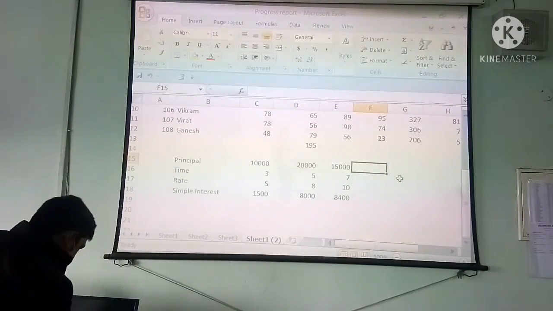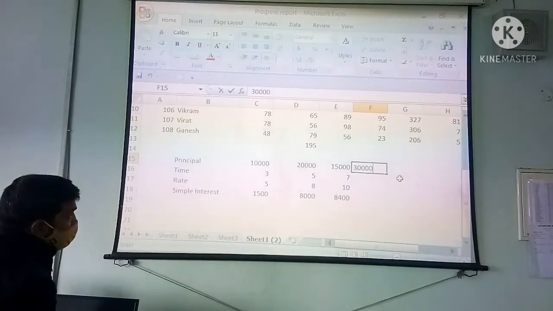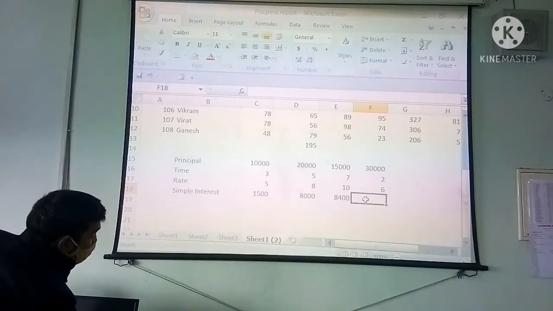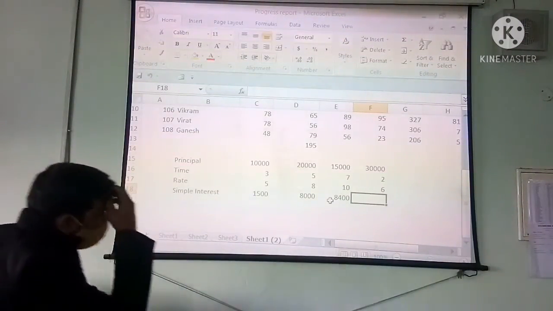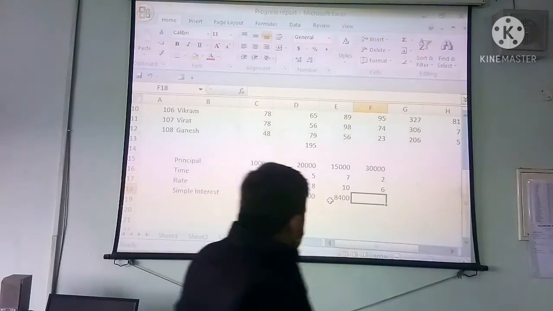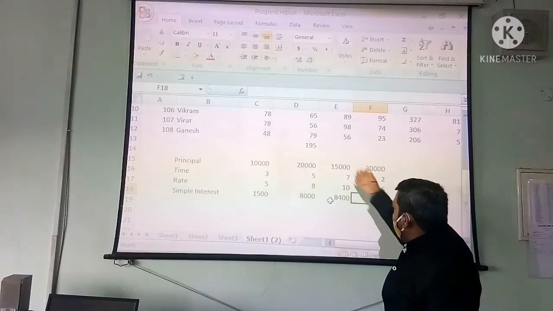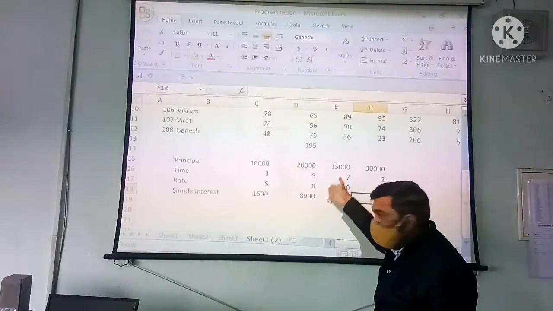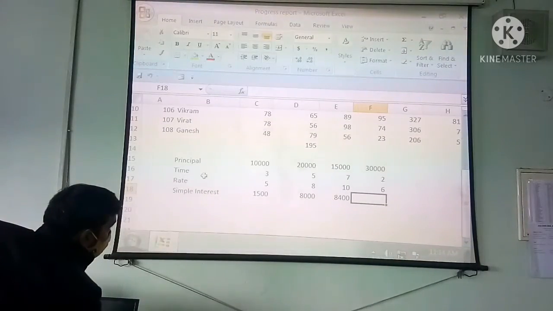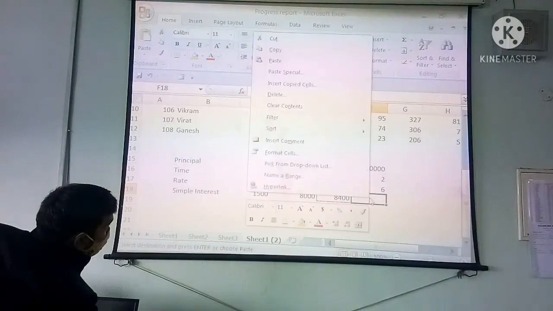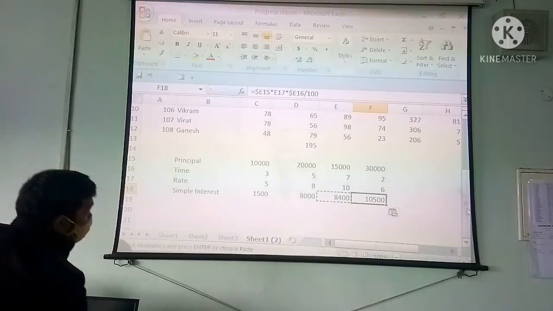Again we are going to put some principal money. This time we are going to take the principal money 30,000. And this time we are going to take 2 years, and the rate we are going to take 6%. So see, we are going to copy and paste the formula. So what will happen this time? When I copy and paste the formula here, the column will not change. So it will take the value from this column only. You will see. Copy. Go here in this cell, paste. See,